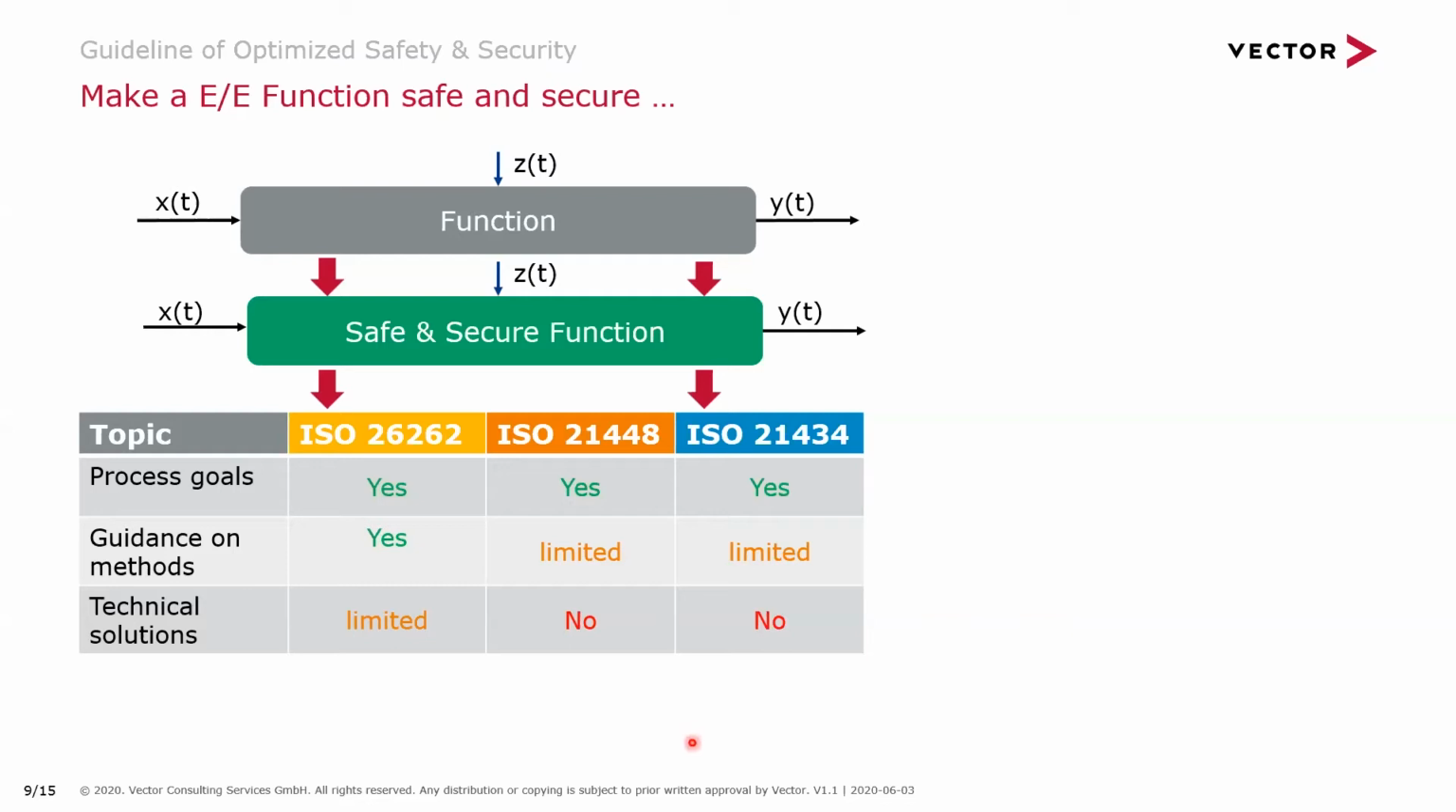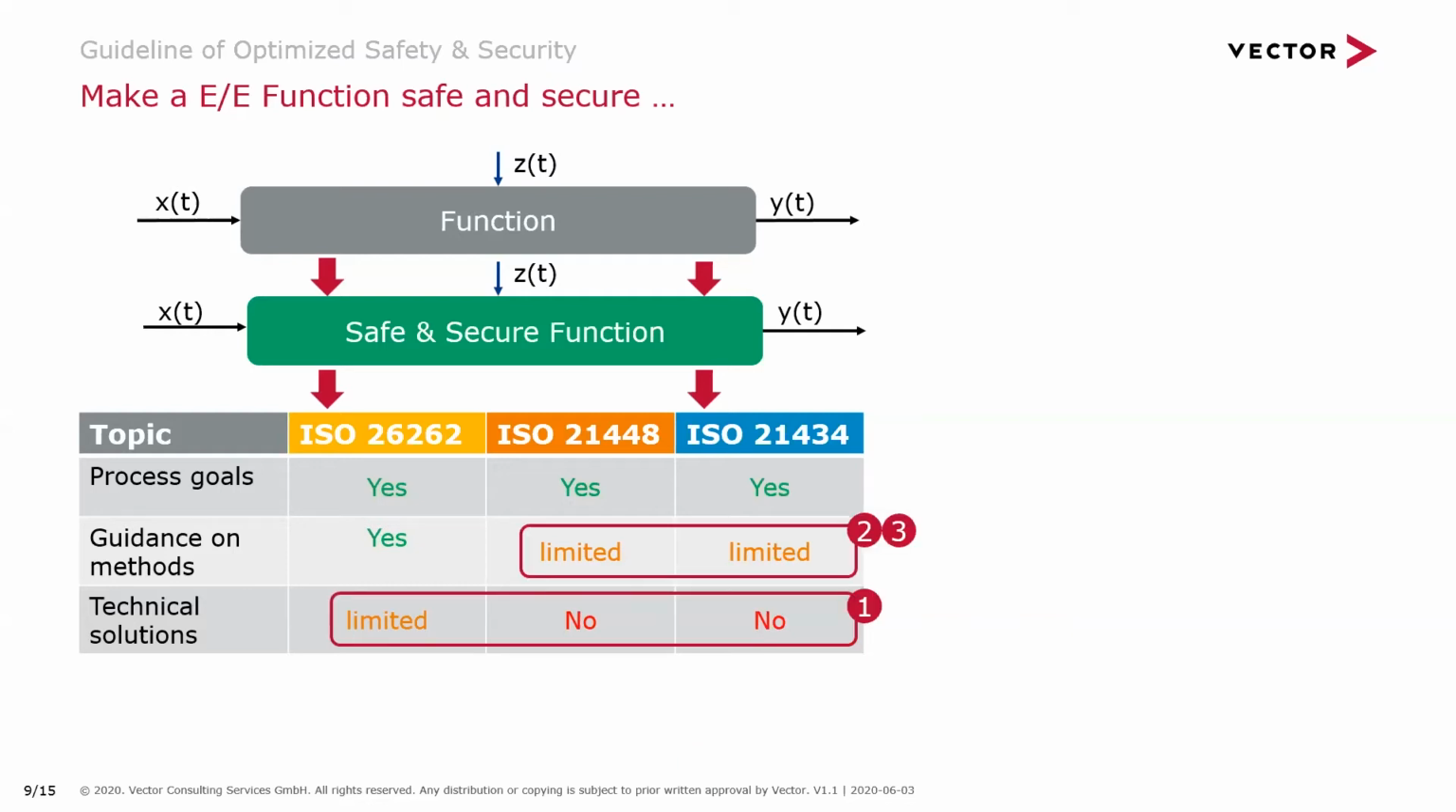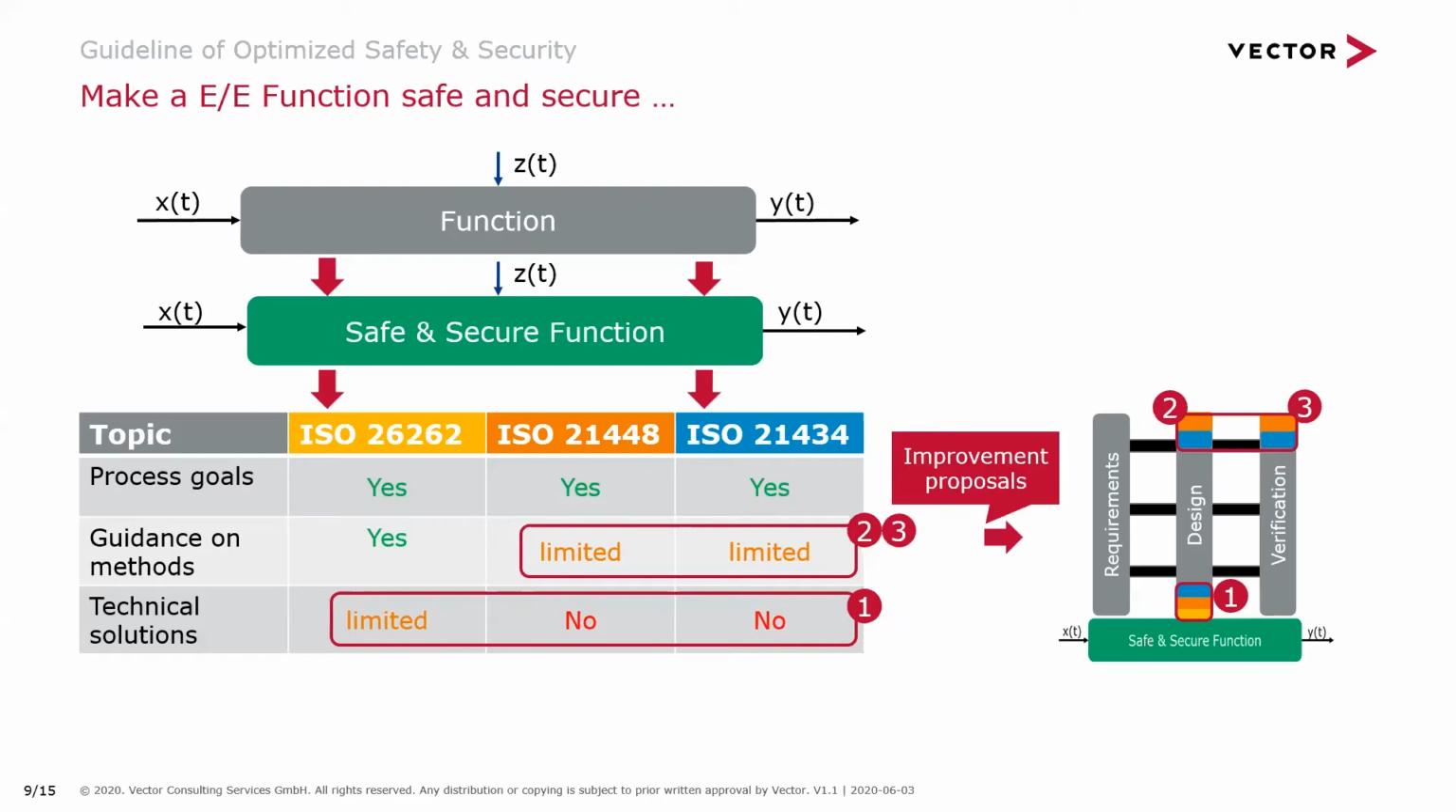Okay, that is the current situation of the standards. That is room for interpretation, but there's also room for improvement. So we want to show you here in this presentation 3 examples how you can utilize these scopes of interpretation for introducing some improvements on the methods side. So we have three different kinds of proposals. One is down to the technical solution side, what we can do there to make a function safe and secure